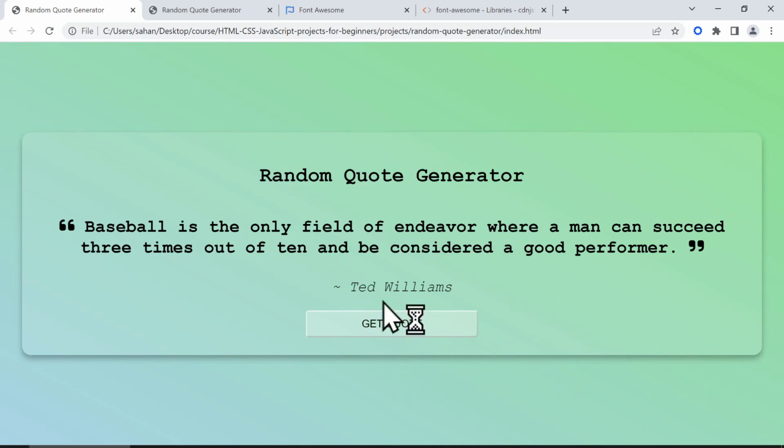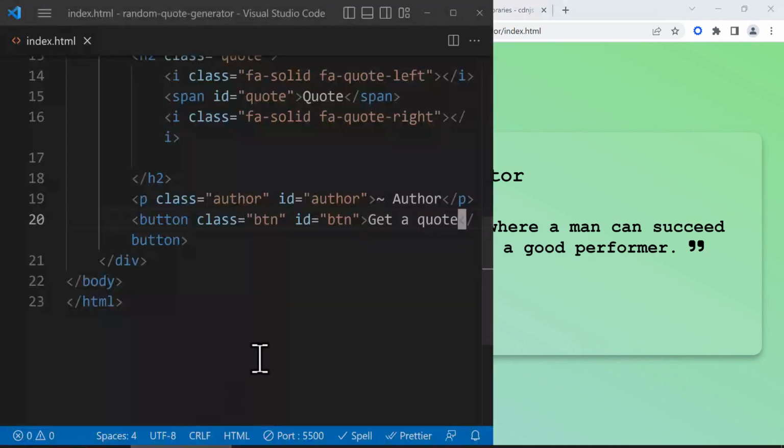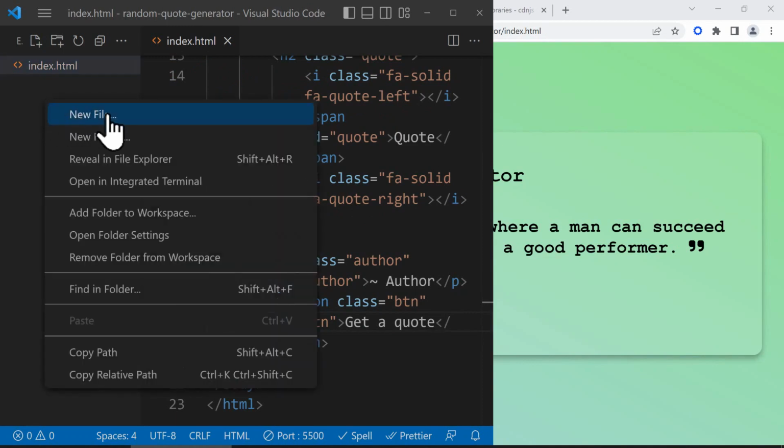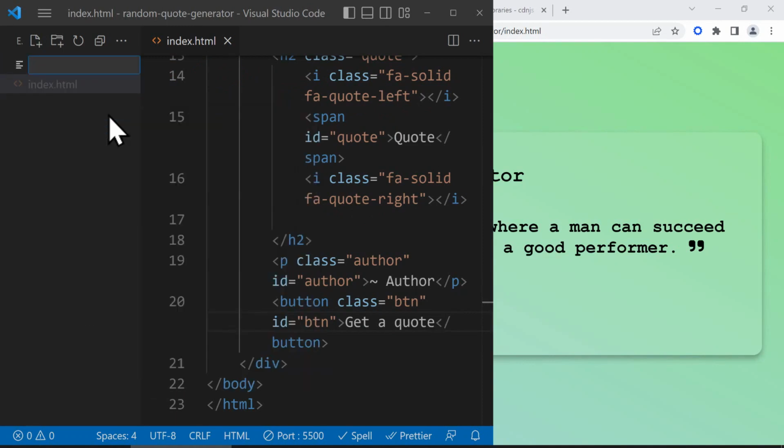So we're going to create such a glassy design or neumorphism, and the first thing we need to do is to create a CSS file inside the folder that we have created in the last section. So we go back to Visual Studio Code and we open the Explorer section using Ctrl-B or Ctrl-Shift-E, and here on the left side we just right click and click on new file to create a new file, and we call it